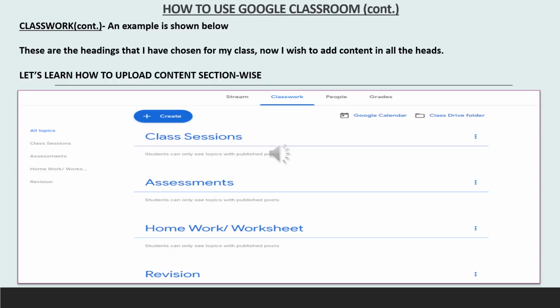Instead of creating it like this, you can put in your subject name first, say history dash classwork, history dash assessment, history dash homework. So you can create your class like that. It will be easier for the students to understand where the content has been uploaded.